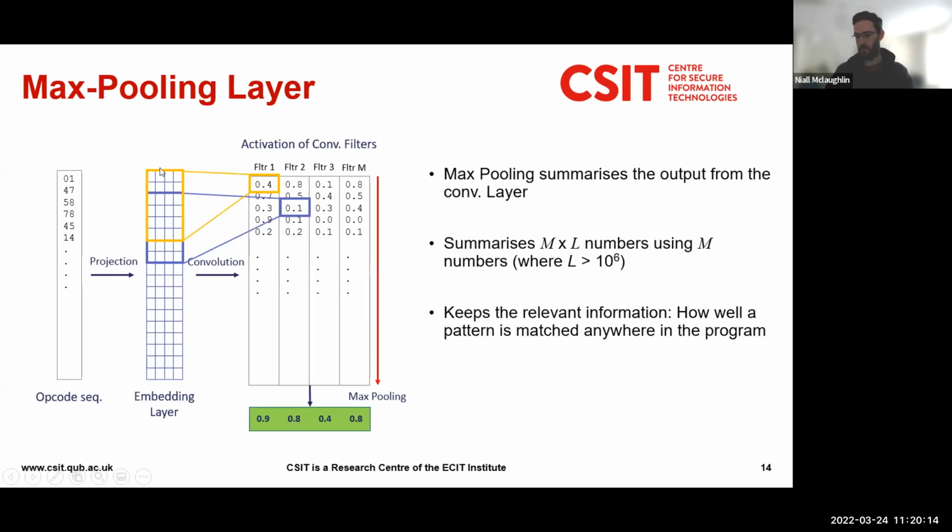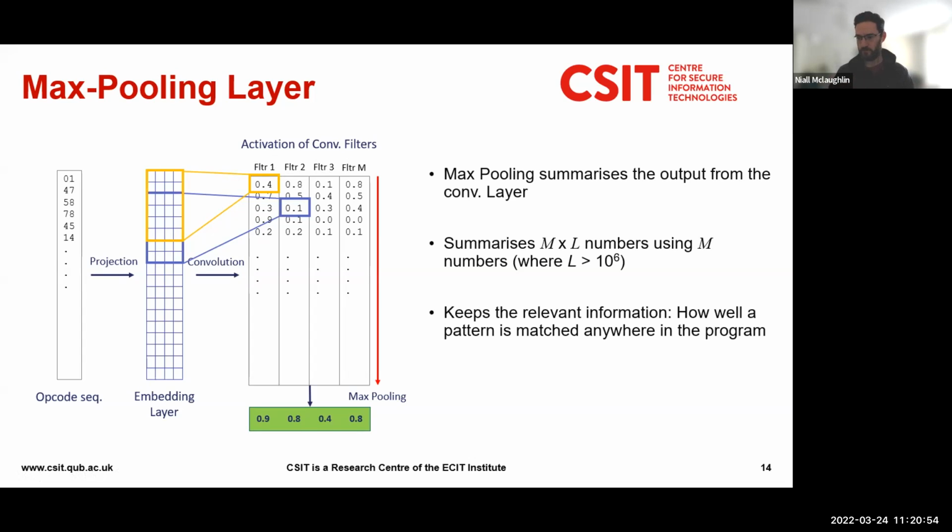Okay, so once we've done that, we have slid all of our filters across our embedding matrix. We have got a series of numbers, and we're trying to figure out how we can summarize this into some smaller vector. Because look at what we've got. We started off with this opcode sequence, and maybe this was, for example, 1 million opcodes long. We projected it using our different convolutional filters, and we may, for example, have 64 of these, and this is 1 million. This becomes a really, really big matrix. So it's 1 million in this dimension, 64 in this dimension, so 64 million numbers. It's a huge matrix. We have to somehow try and summarize this to get a small representation of that piece